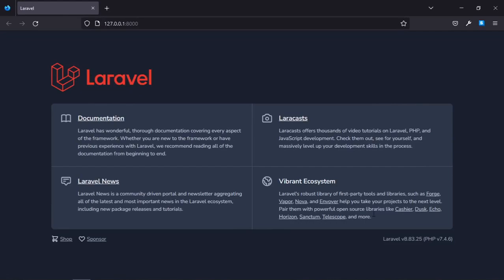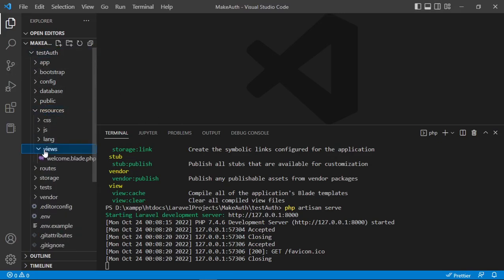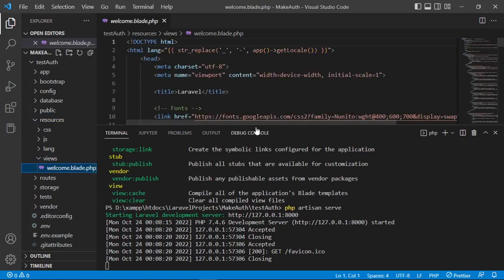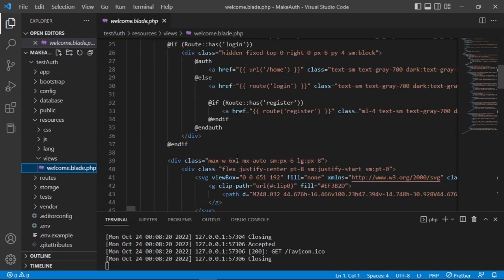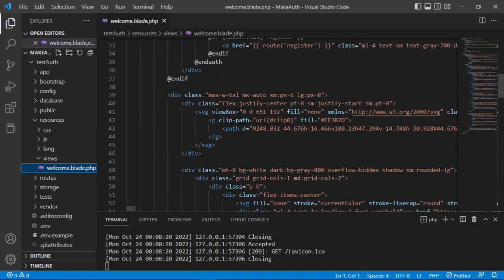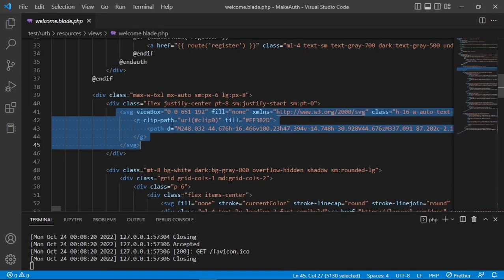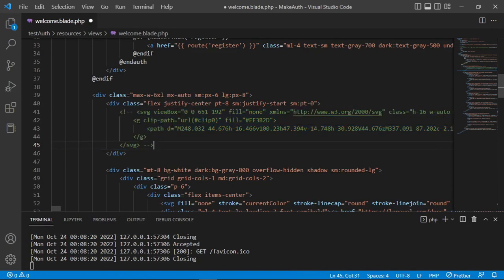And where do we find this? You would see here we have Laravel version 8.83.25, PHP version 7.4.6. And if I go to the directories that we have here, we should be able to find where that is coming from: this welcome doc here. And if you try to go and search for that SVG file here, that's actually, I've already done some research